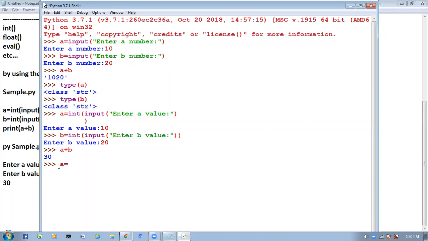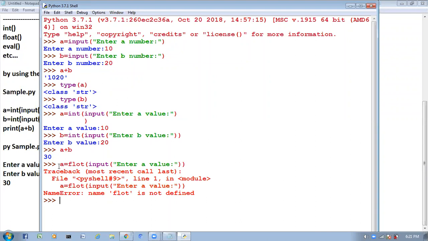Same, now I am going to do like this. A is equal to float of input of enter a value. Oh, spelling mistake, one minute.